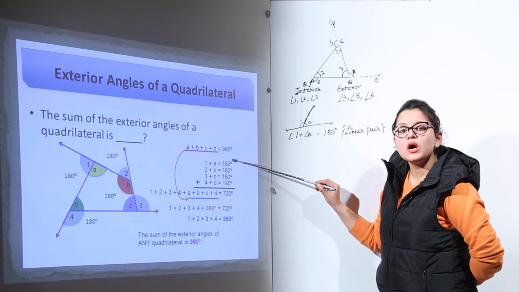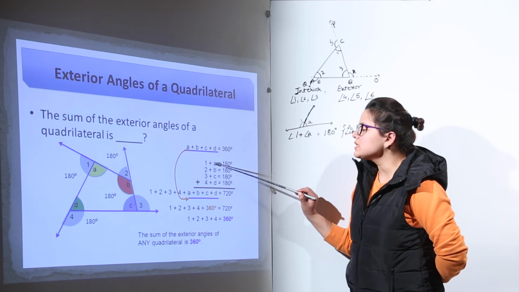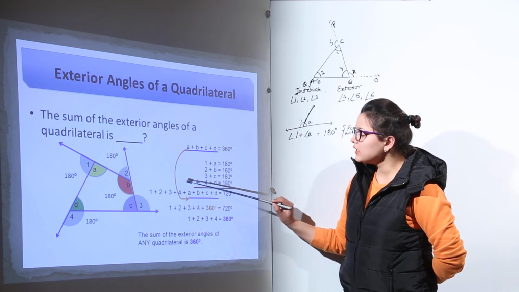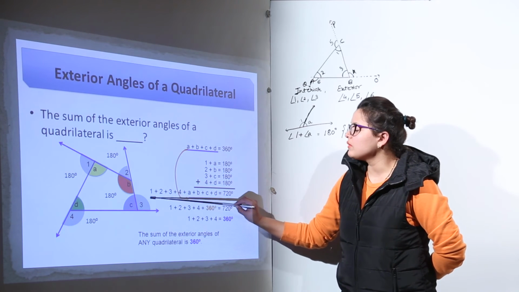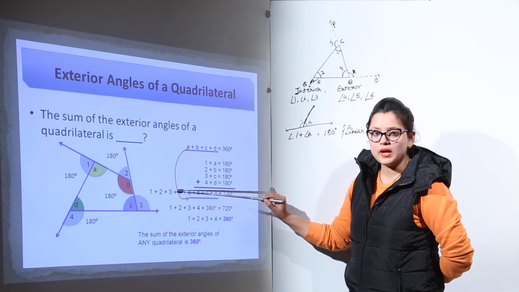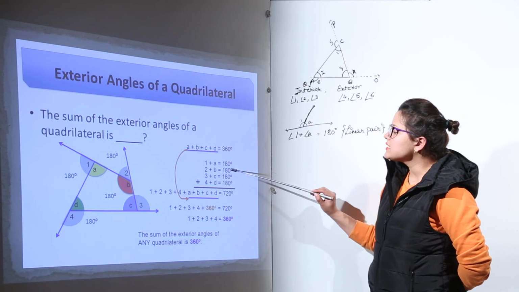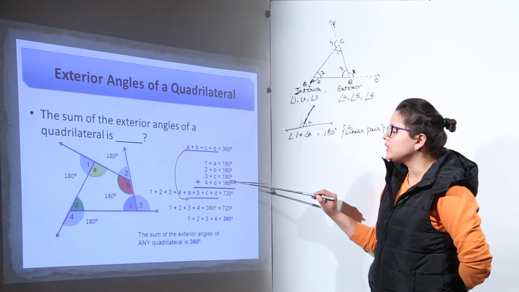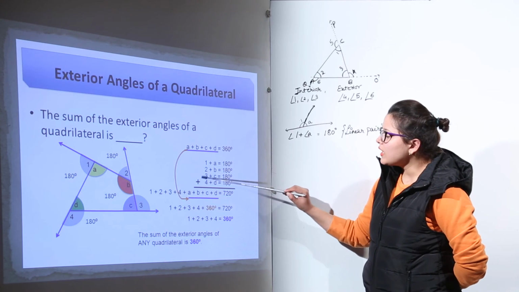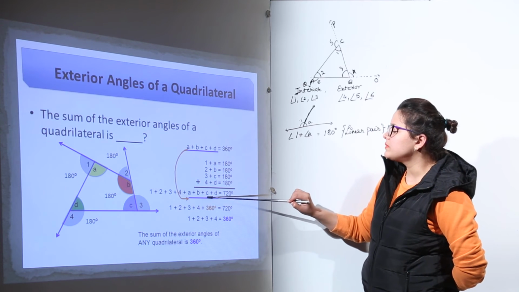What am I supposed to do now? I will be adding them up. If I add them up, on the left hand side we get 1 plus A plus 2 plus B plus 3 plus C plus 4 plus D. What I have done is I have written down all the numbers on one side and all the alphabets together, because no matter how you arrange them, they will add up to the same value. On the right hand side we get 180 plus 180 plus 180 plus 180. Now adding this all up you get 720, and on the left you will get 1 plus 2 plus 3 plus 4 plus A plus B plus C plus D.